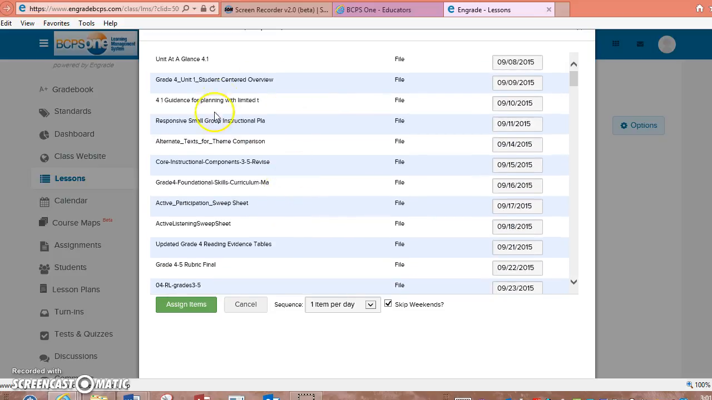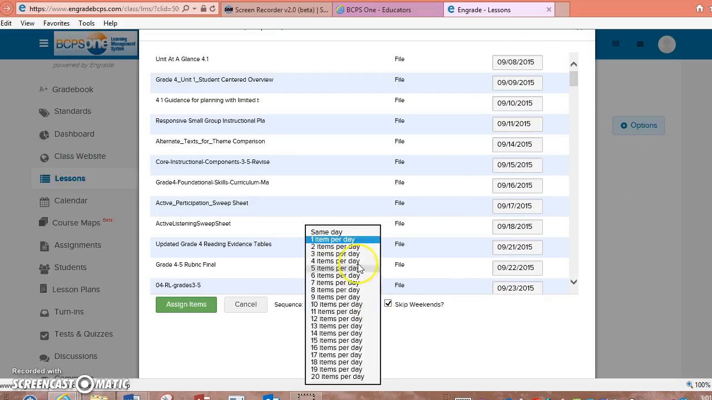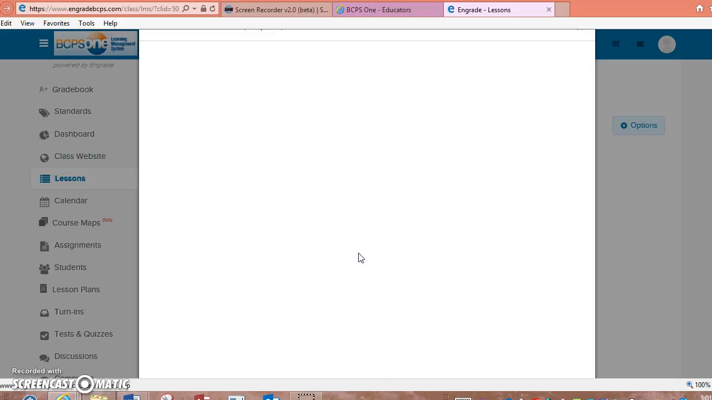Some of this information, response to small groups, instructional planning, and things like that are actually not lessons that I would be teaching. They're just additional resources. So I might not want to put them sequentially, like 1 item per day. Maybe I want to do 3 items per day. Once I do that,